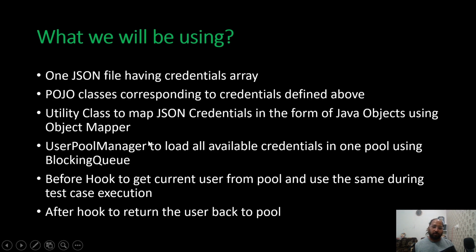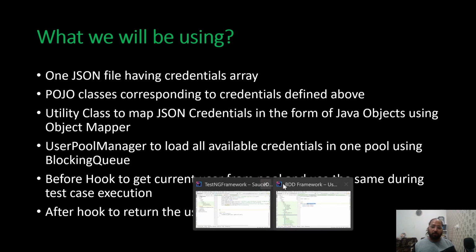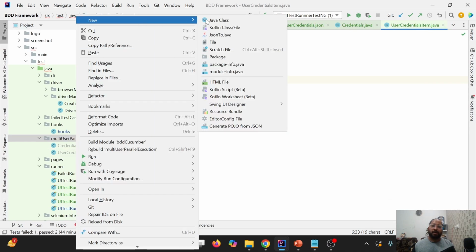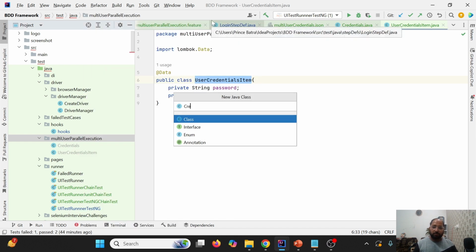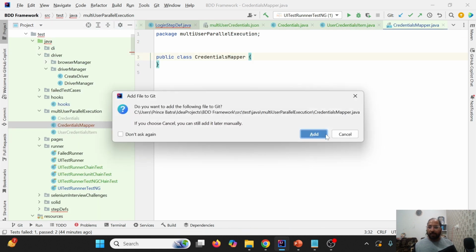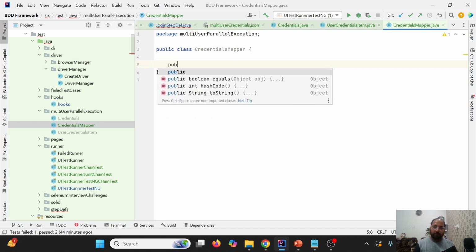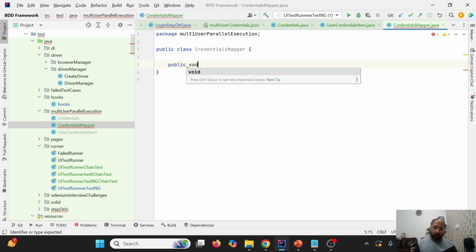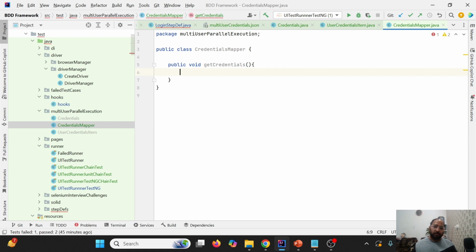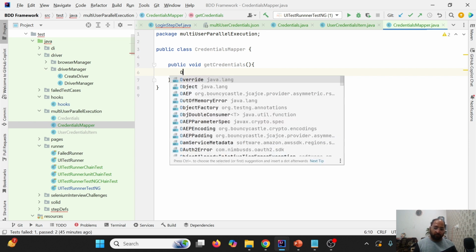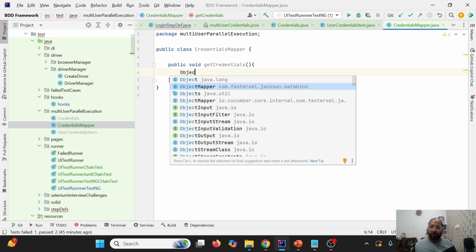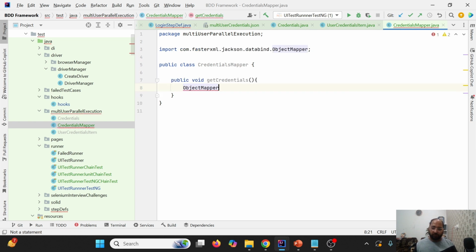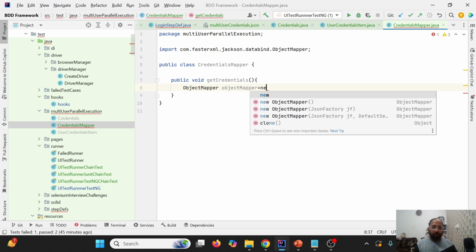Now come back to this. We need one utility class to map the JSON into POJO. So I'll create one class and call it credentials mapper. Here we'll write the method, public void getCredentials. And here we are going to utilize the concept of ObjectMapper, which is a part of the JSON databind library, which I'm utilizing. New ObjectMapper